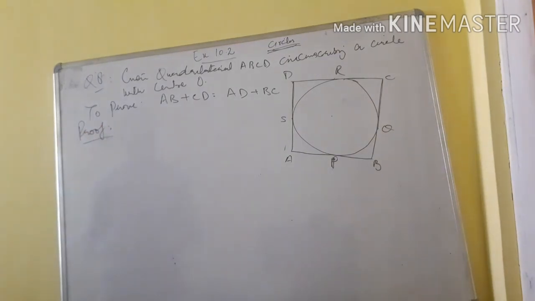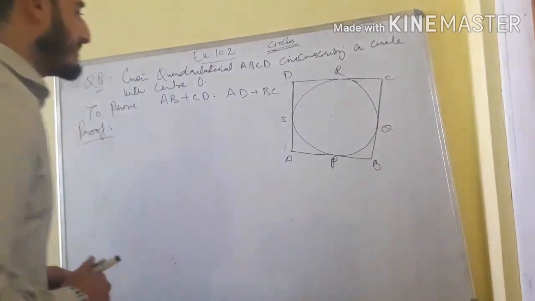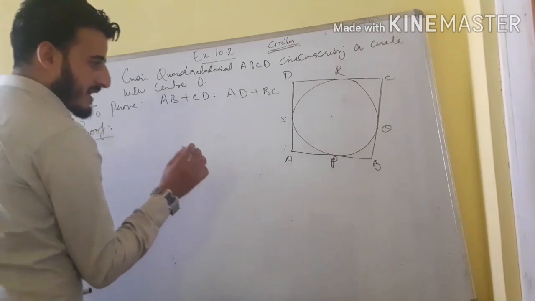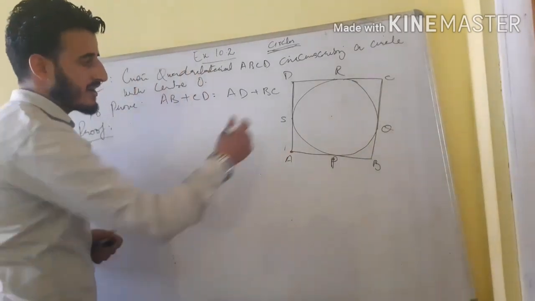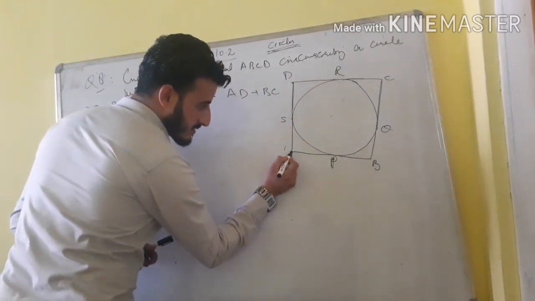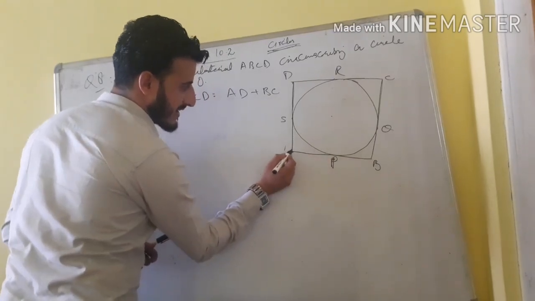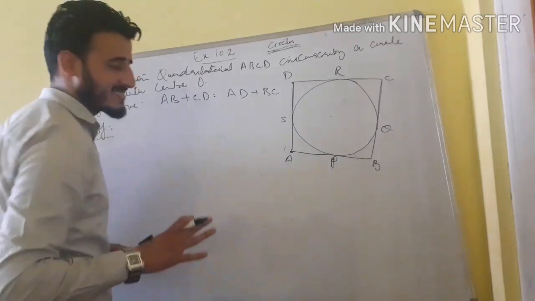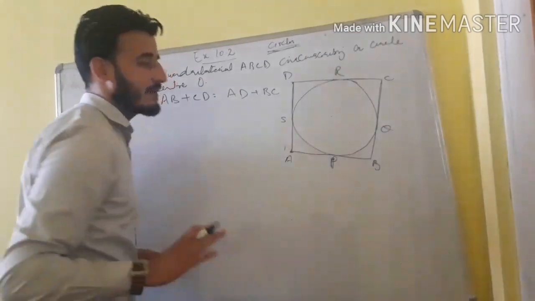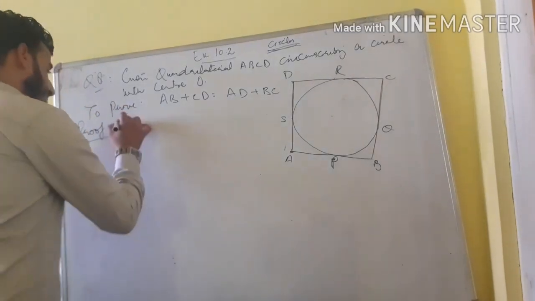Here we are going to use the second theorem, that the tangents drawn from any external point are always equal in length. That means, if you see clearly, if we consider this point A as the external point of the circle, these two are the tangents. These are tangents to this circle for this point, AS and AP, and both are from an external point. By the theorem, AS and AP will be equal. Hope you understand.